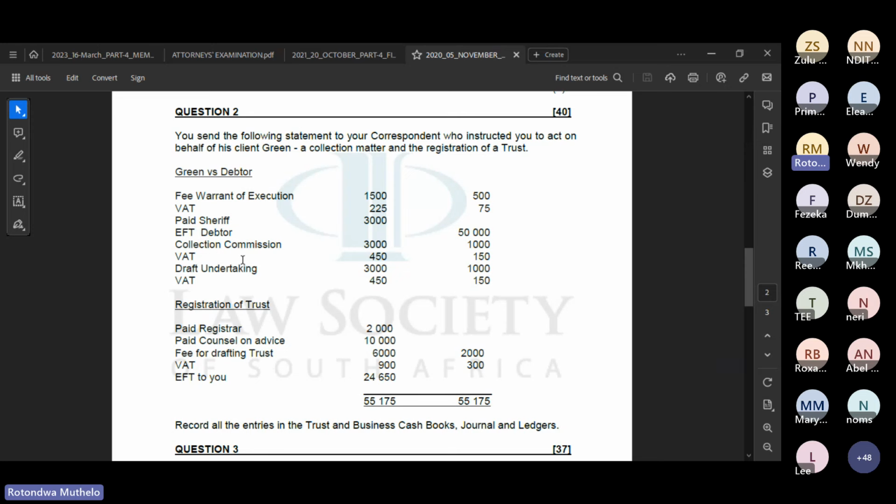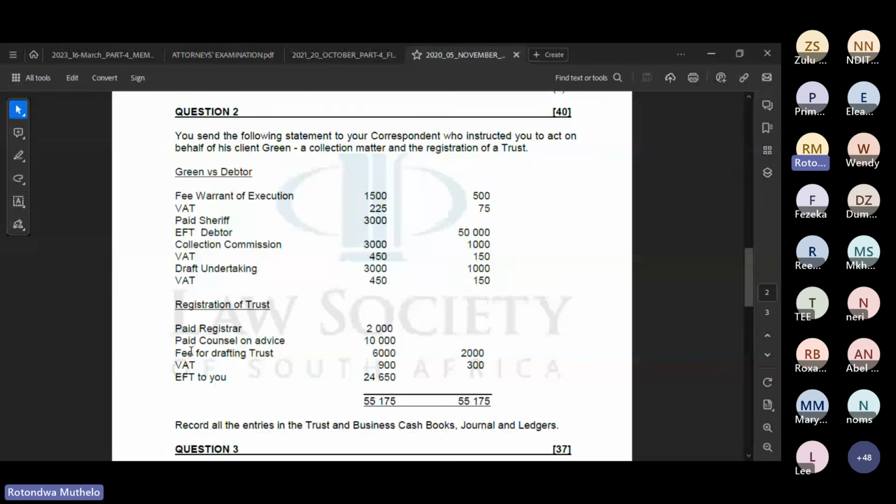So guys, look at the difference between the two statements. Do you see a fee here? It has a VAT under it. It says fee, VAT. Collection is a fee, we know that. Here's VAT. Drafting undertaking, here's VAT. You see what they did here? They didn't